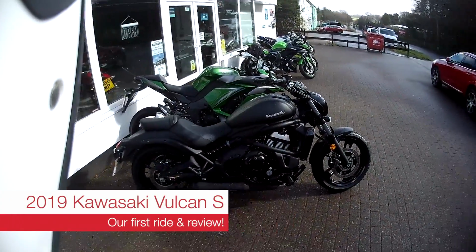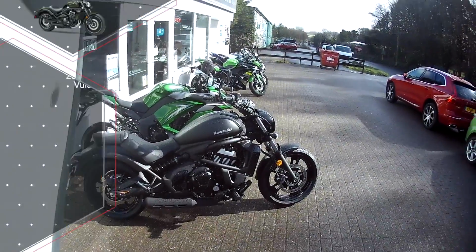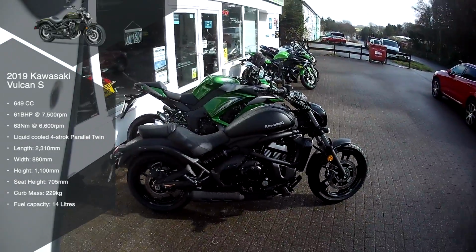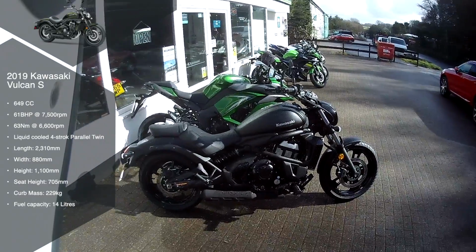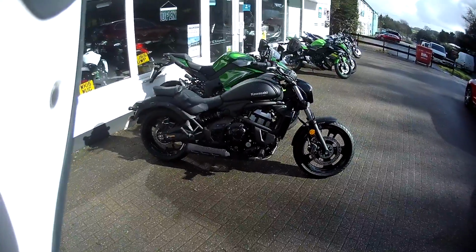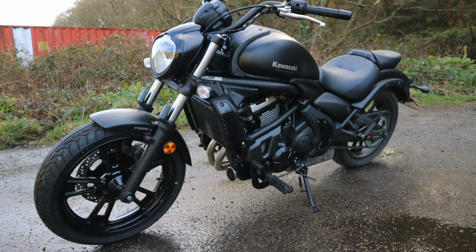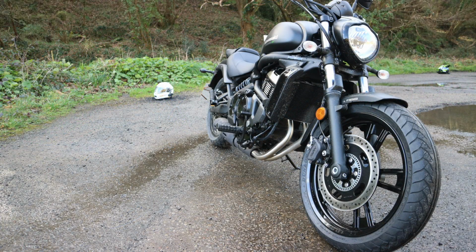It's a 650. I think it's about 213 kilos, about 61 brake horsepower, 63 newton meters of torque, 17 litre tank. That's all done by memory, so if I get some of those numbers wrong, I apologise, but look at that bike. For a 650, it just looks awesome. I love the styling, and for me this is going to be quite a